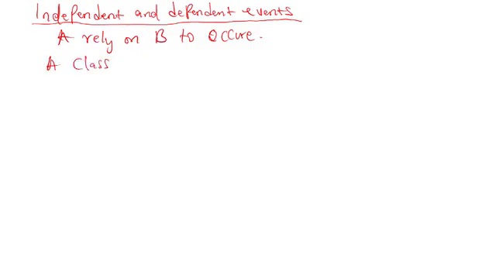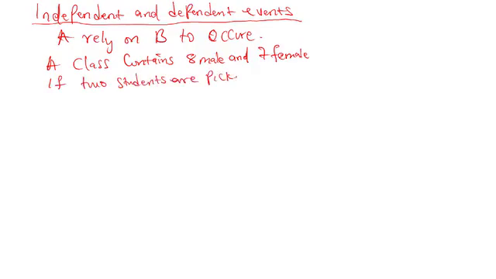A class contains 8 male and 7 female. If 2 students are picked at random, find the probability. These are example 2. Find the probability